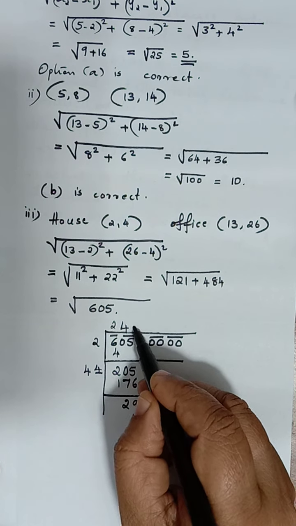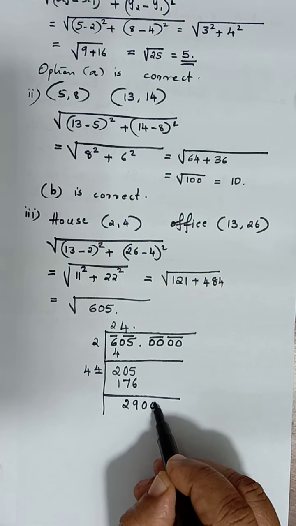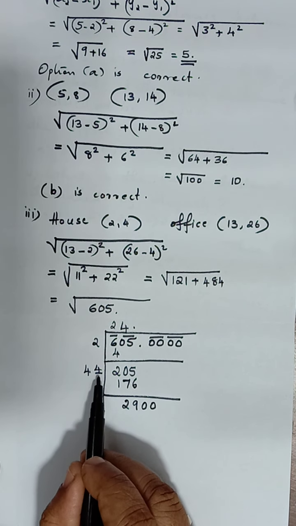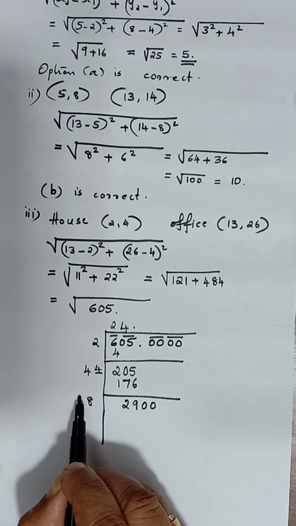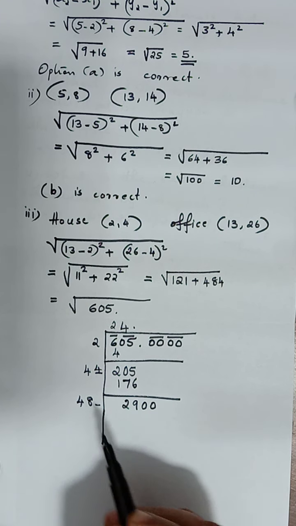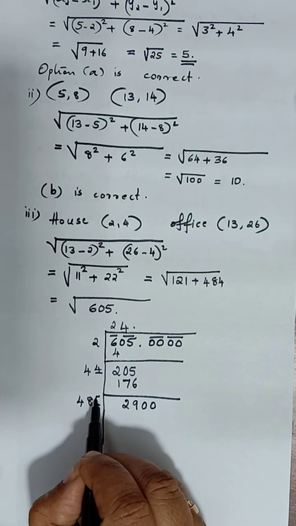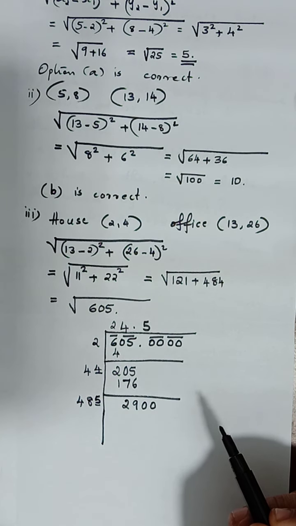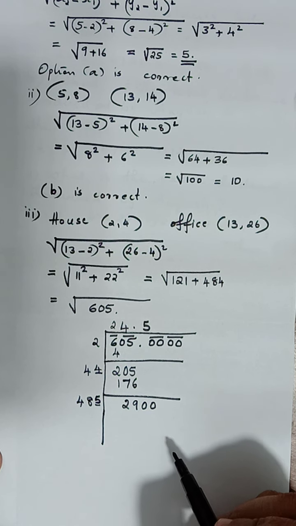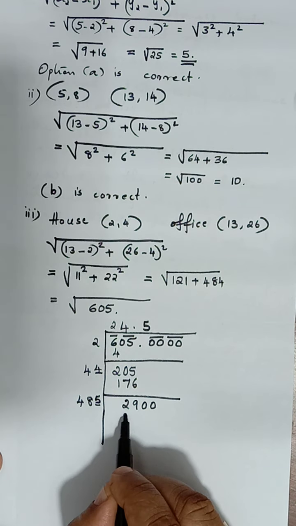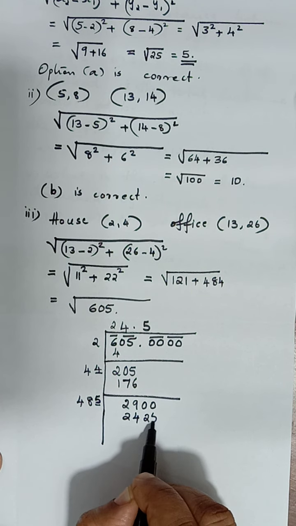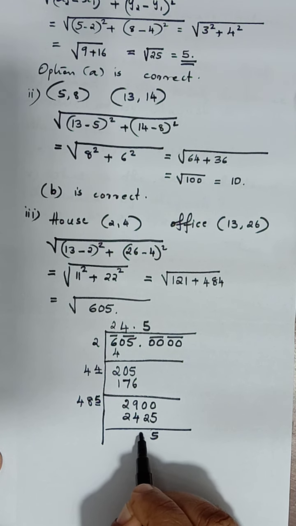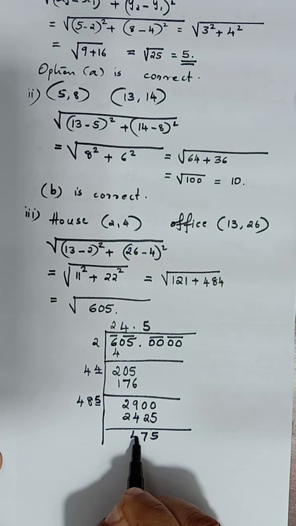Now give the decimal, bring both the zeros together, and also take 4's double. Only the units place double we have to take. 4 2's are 8. Next number as it is, choose the number. Okay, 5 is better. 485 into 5, we have to multiply. You will be getting the number 2425. Do the subtraction again. So you will be getting 574.